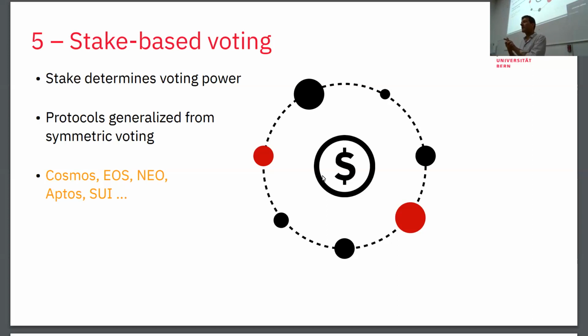And there are a family of protocols, a number of protocols that use this model, and they're listed here for the early protocols of this kind that used the stake directly in the sense of voting. So they vote, but now you vote like the general meeting of the assembly with their coins. So it's a kind of oligarchy, yeah? And it has its own problems, but Cosmos allows this, and EOS and NEO, or earlier systems that started